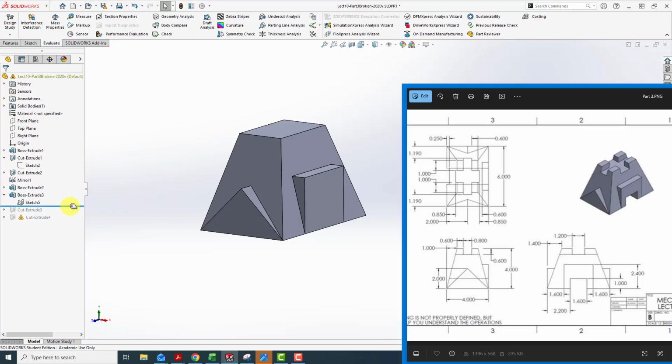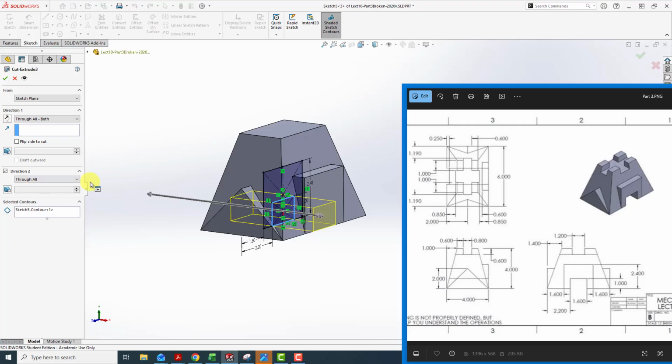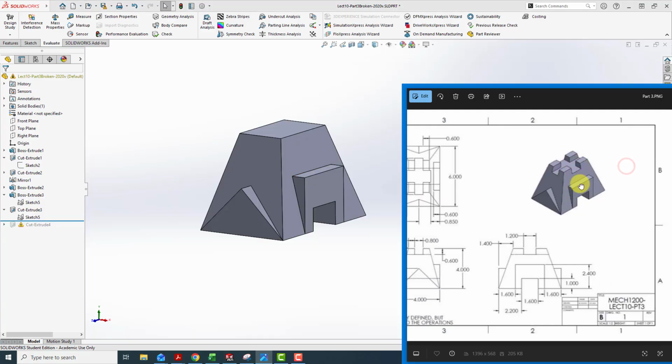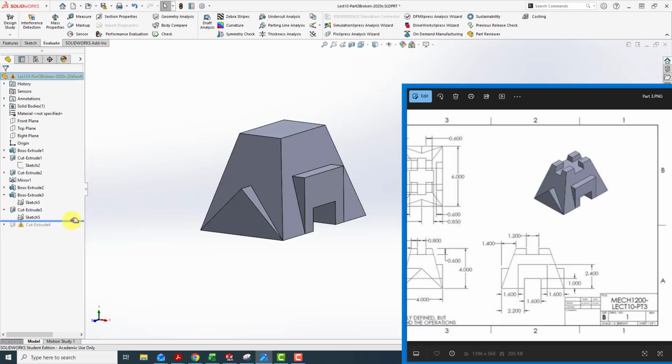And now the Cut Extrude 3 utilizes that sketch. So you see Sketch 5, it's utilizing both of those options, and it's actually doing a cut extrude. If I do this, it's using just the particular piece of the interior contour, and it's doing a through all both, which looks fine. So the last thing is this cutout on the top. So if I do that,